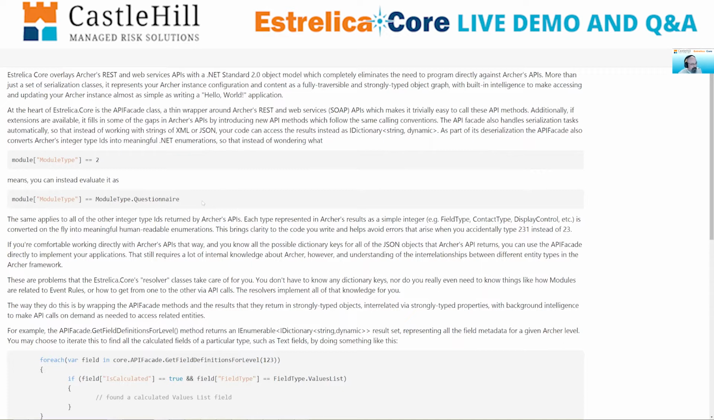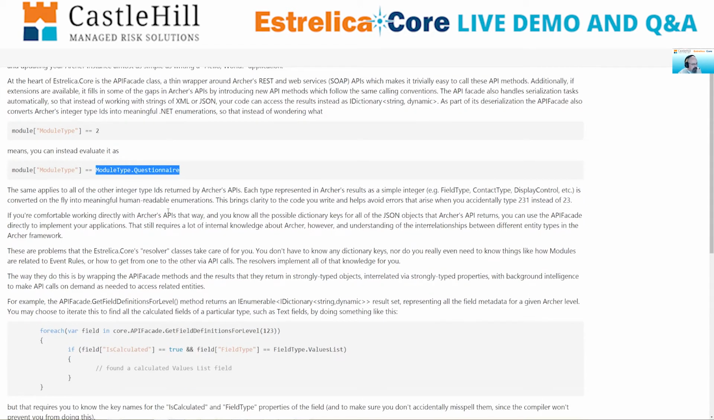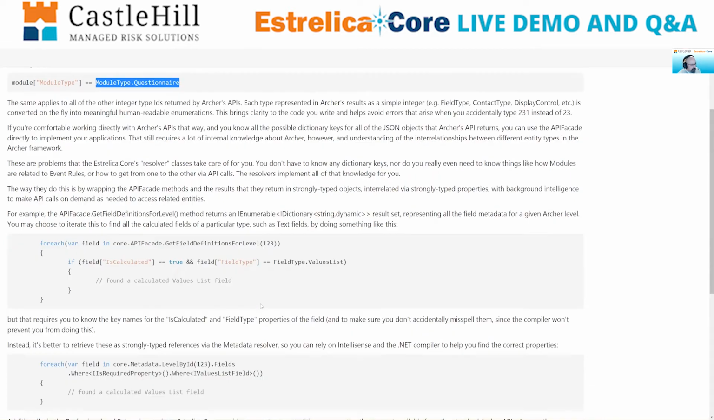What the API Facade does is, for those type IDs, and there are dozens of those throughout the object model, it converts them into actual .NET enumerations. So rather than looking at a module's metadata and figuring out that, okay, this is module type 2, instead you can evaluate it with those enumerations like this: it's a ModuleType.Questionnaire. And furthermore, on those